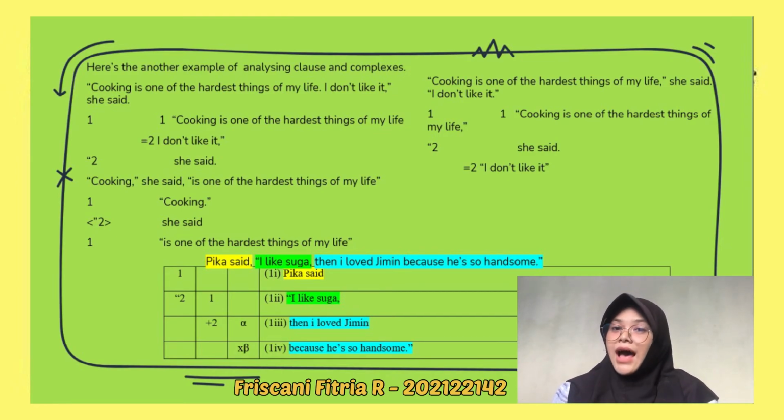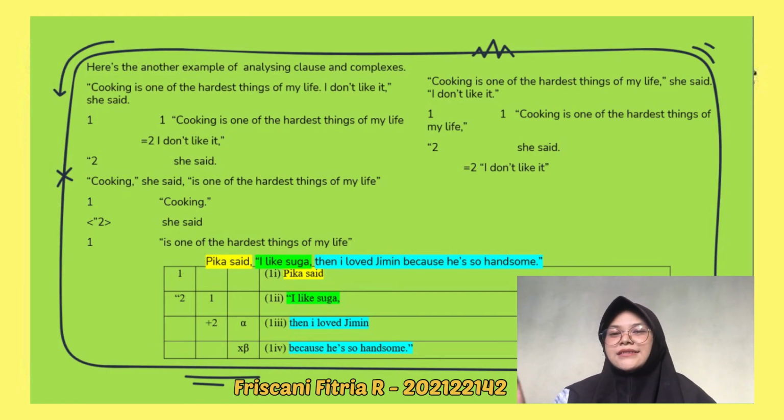And what about "I don't like it"? Because it is connected again with the first sentence, we label it equal to. I know it looks complicated, but once we do it on our own, it won't be that difficult. We will learn to see how things are connected logically, and it will be easier for us to decide which one is number 1 and which one is more connected to the sentence, or which one is better, things like that.